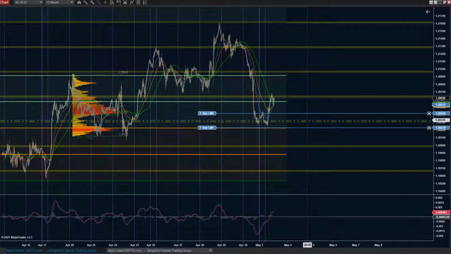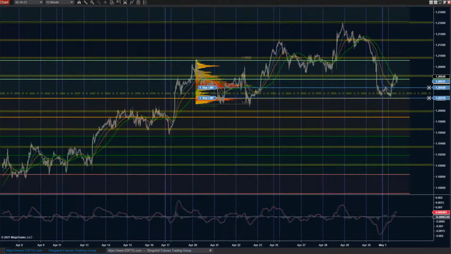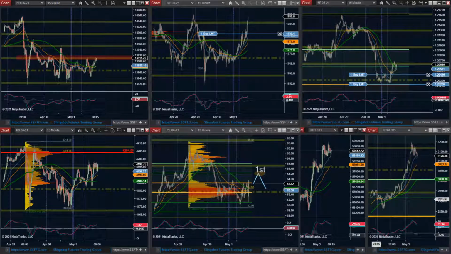Because again, common sense would dictate that we're probably going to chop this area for a little while. I'm not expecting right now to be the bottom. That would be very assumptive. Not that it can't be, but markets don't like doing that quick reversal stuff. It takes them a second. So a quick little pullback would make a lot of sense. I just don't think it makes sense to top weight my average too much. Break points would be if it starts getting down towards the lows of the L2.